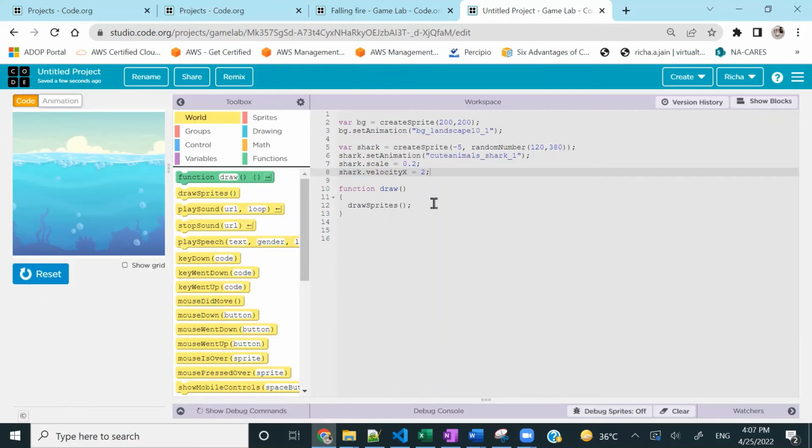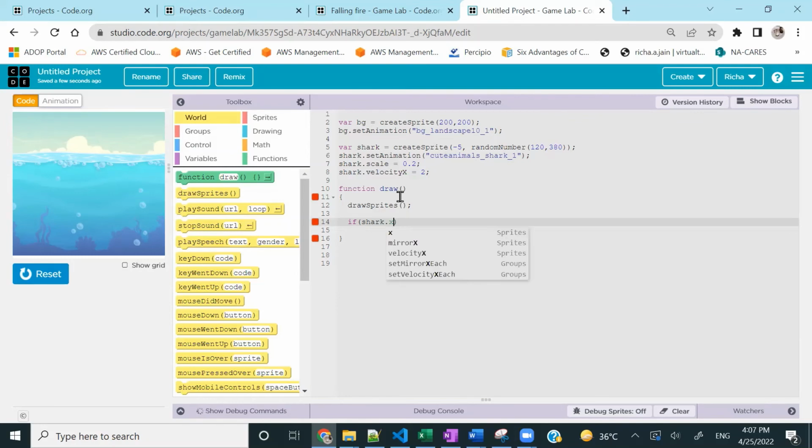Okay, so what we will code here, and this has to be inside my draw function. Why inside my draw function? Because with every frame, every time, the code should keep on checking what is the X coordinate of this shark. Now here we will put a condition. If shark dot X position,